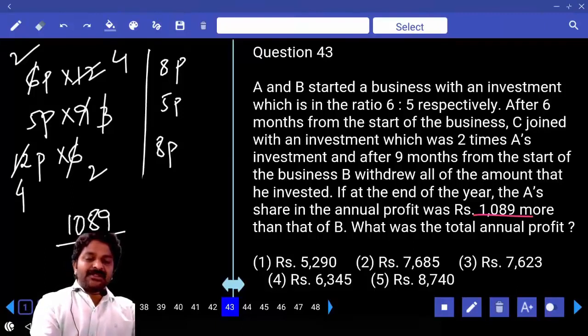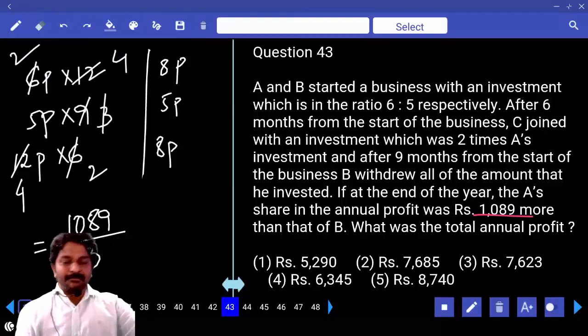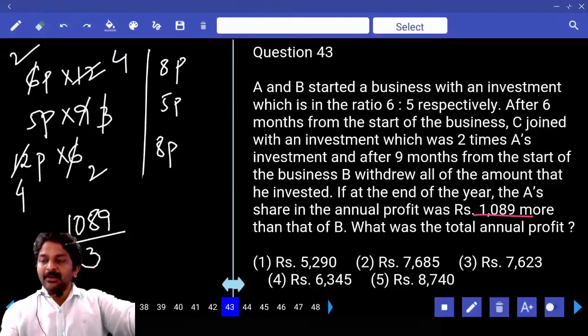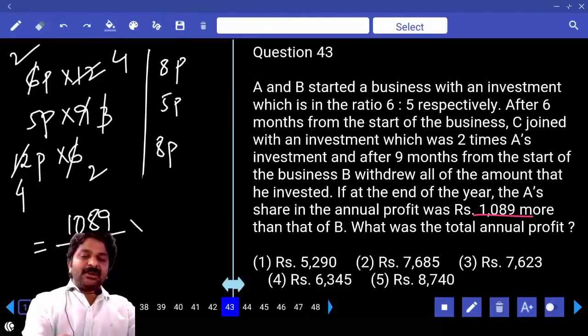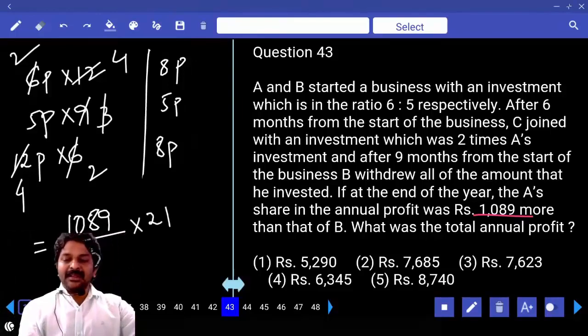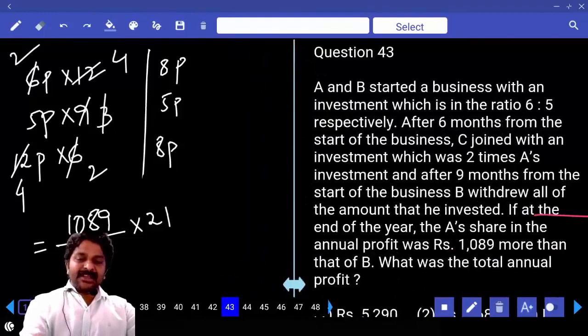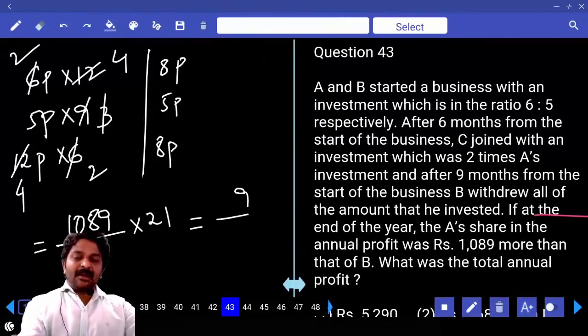1089 is equal to 3 parts. Then 1 part is equal to 1089 divided by 3. Clear? Now total profit in terms of number of parts is 21 parts. That is into 21. Clear? Now last digit verification. Numerator ends with, denominator ends with